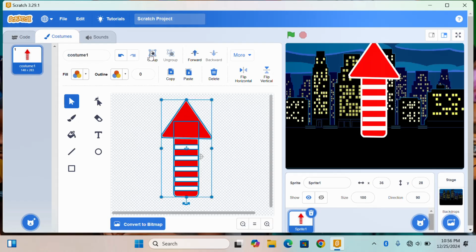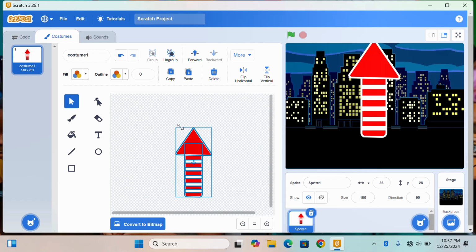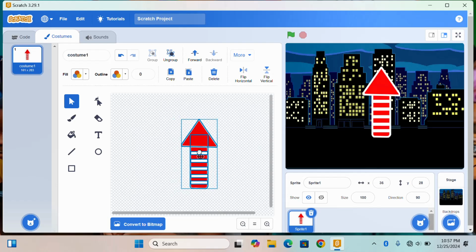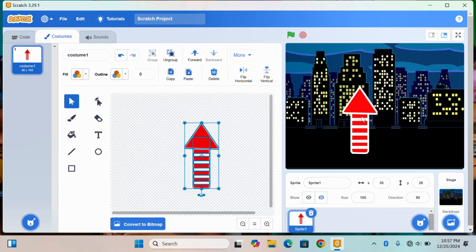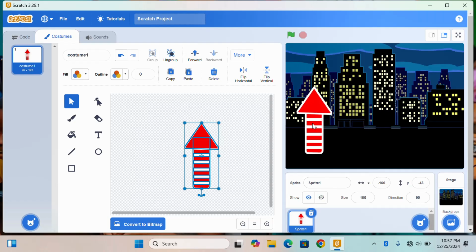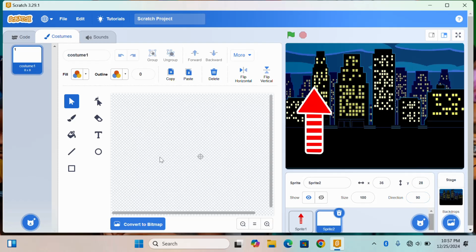So let me group it so they can be one. So everything is one here, and I can reduce it. I can reduce it anyhow I want. Good. So this is the rocket that will be releasing the fireworks. Is that okay? Then the second thing we need to paint is the